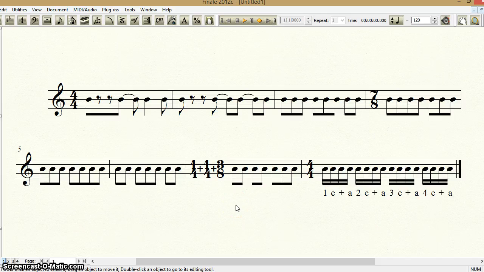But yeah, so at this point, you pretty much know everything you need to know to have the basics of rhythm down really well. So I hope this part of the basics series, if you will, has been extremely useful to you,